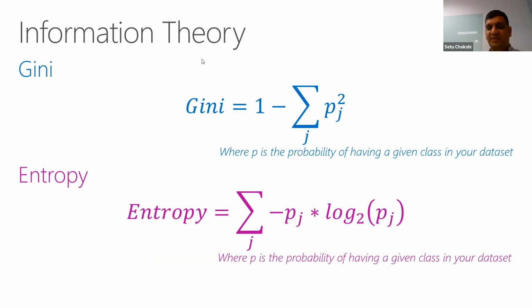So Gini is simply given by this formula where you're going to say 1 minus the sum of the squared probabilities of having a given class in your data set. So you square those probabilities, sum them up, and subtract from 1. So that's your Gini index. And then the same thing for entropy. Well, instead of doing a square, I'm multiplying Pj, which is what you have in the previous equation. So I did Pj times Pj. In entropy, I do Pj times log 2 of Pj, right?